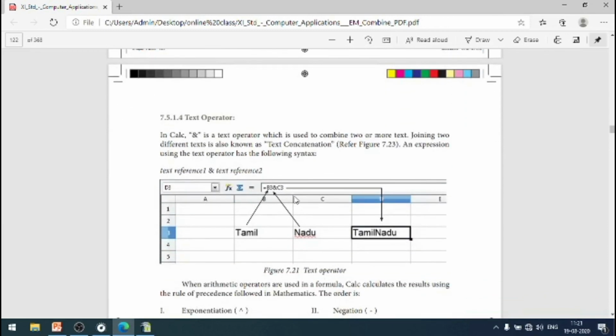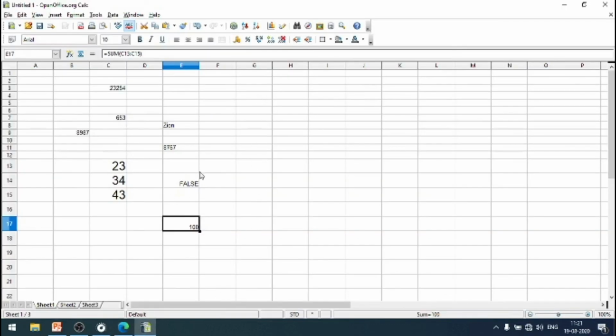Next, the text operator. The text operator is this symbol. It is used to combine two or more texts, joining them together. For example, here it's mount, then sign. Now I am going to add these two texts together. Equal to G30, address symbol, H30. Enter.